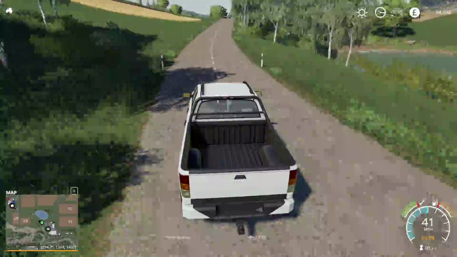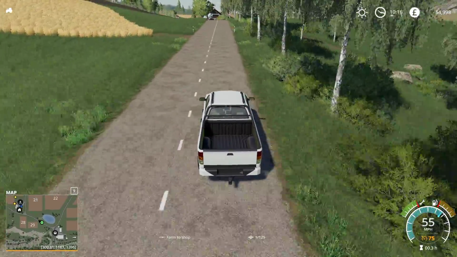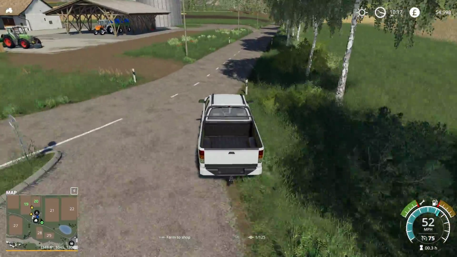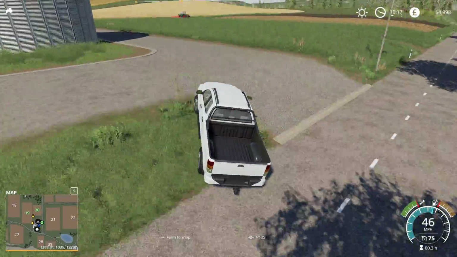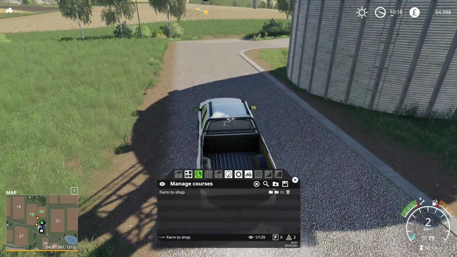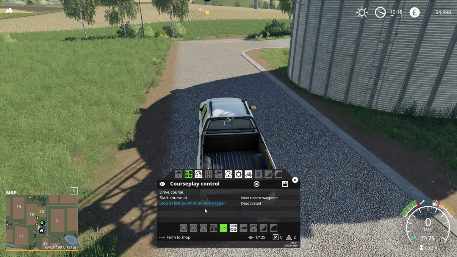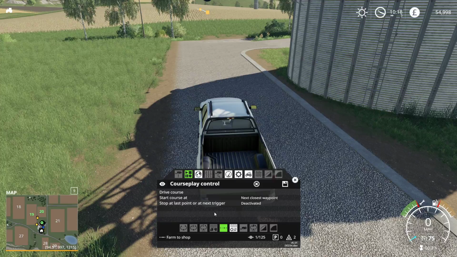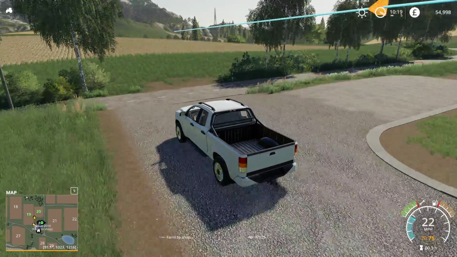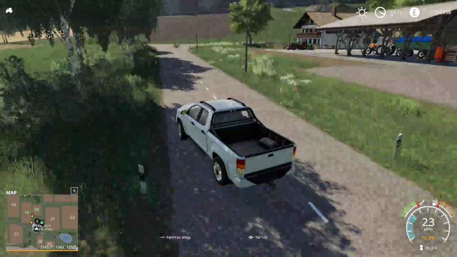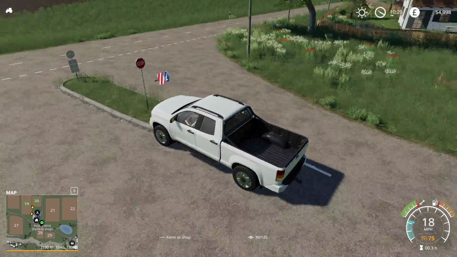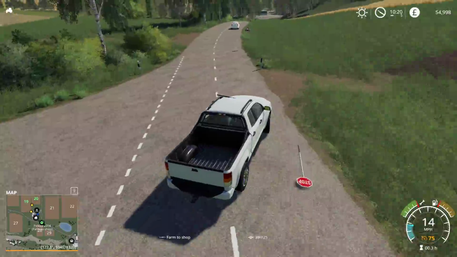So if we go over to the farm, as I said before, when I did this earlier on to test it out and see if I could actually get it all working, I edited a course very quickly, albeit, and found that it looked okay in the editor, but when I actually then came back in the game and ran the course, it was actually running into oncoming traffic. So you will need to spend a bit of time actually setting up the waypoints in the editor, which again can come back to, is it really worth it? Is it better to just delete the course and start again? As you can see, I didn't edit that bit there very well, but you know,